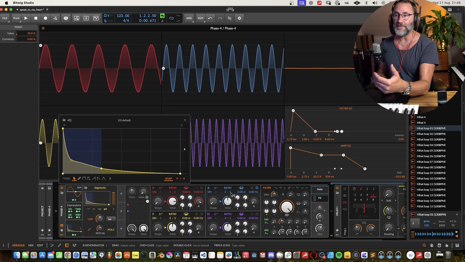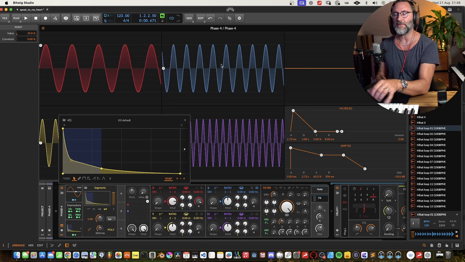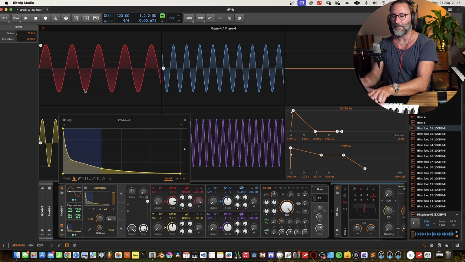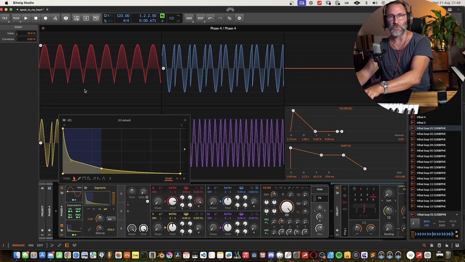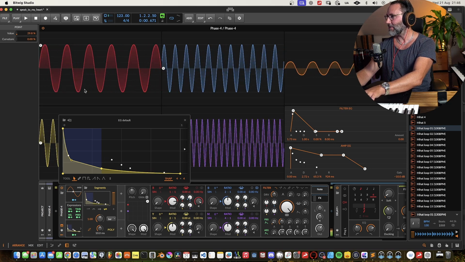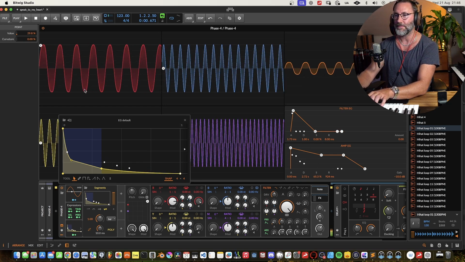And if we decrease the ratio of that blue oscillator modulating our red oscillator, we get more of a woody sound, a woodpecker sound.